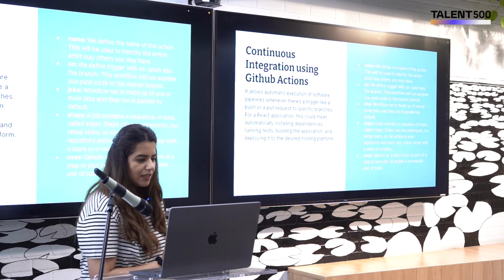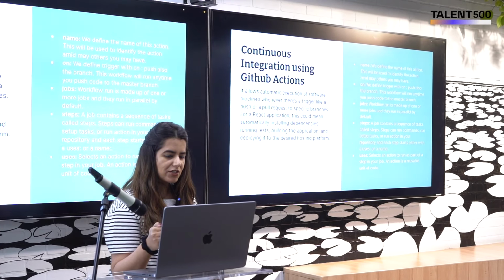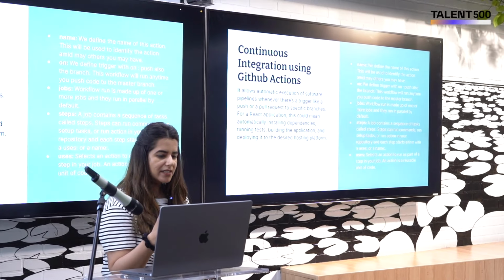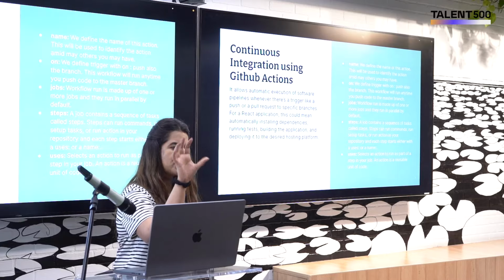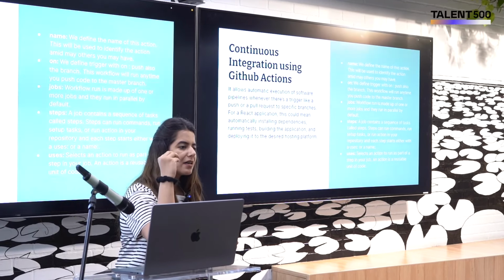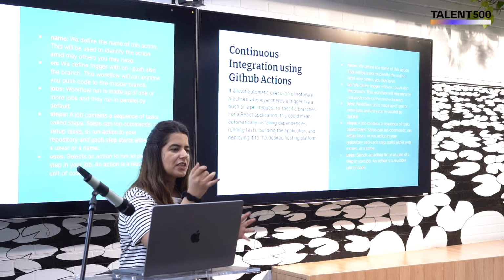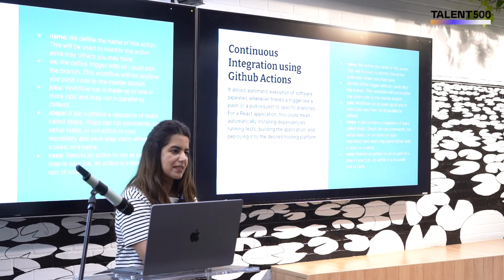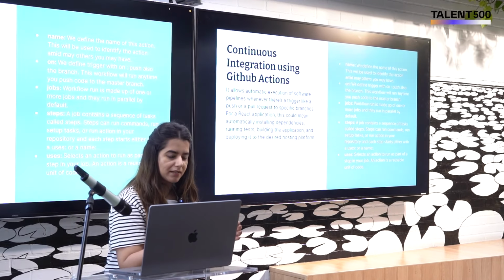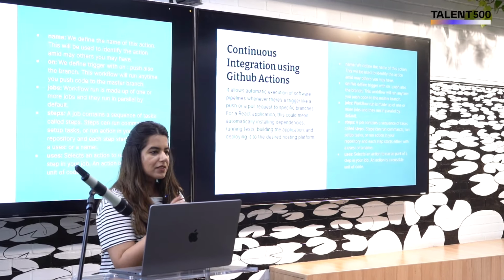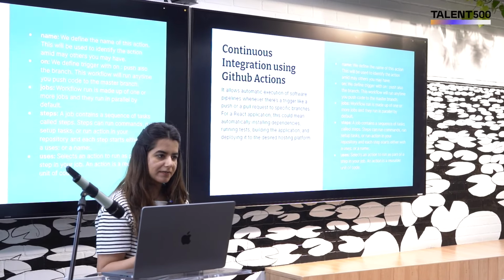Cool. So just some theoretical bit to understand what exactly continuous integration is. It is like the automatic execution of the pipelines. Whenever you trigger, right, everybody knows pushing the code, pulling the code, creating a pull request. There are two types of development strategy: trunk based or pull request based, right? Now when all of this happens, it acts as a trigger for the pipeline to run. And once that happens, all of the jobs that you decided in the pipeline would start running at that trigger.